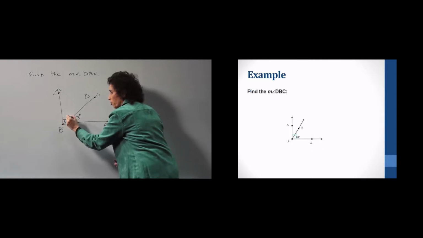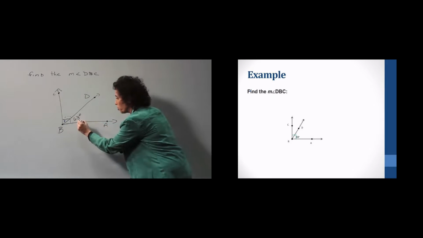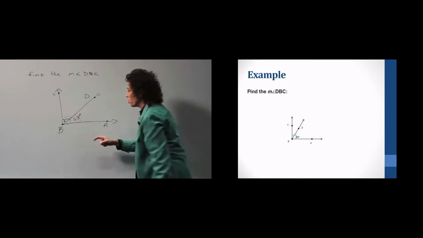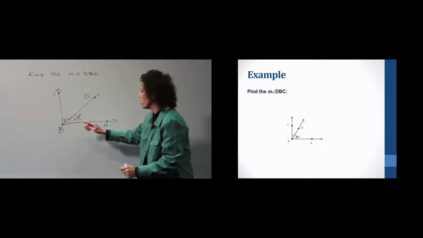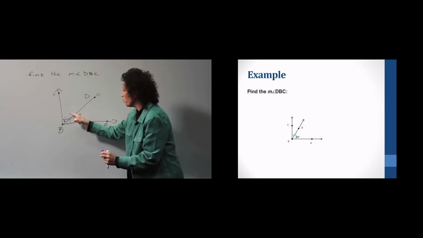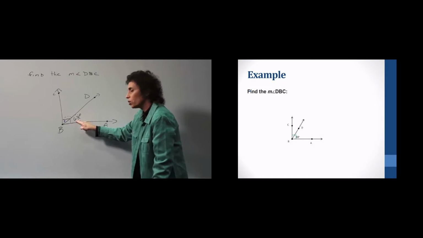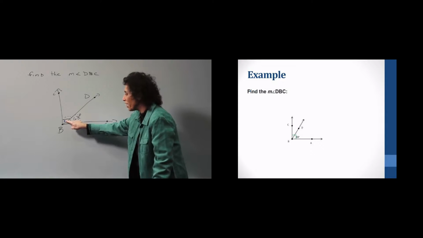Okay, it's this rotation. Now notice this says it's 63 degrees. So this rotation is 63 degrees. The entire rotation is 90. Okay, so the whole thing is 90. So this angle plus this angle is that 90 degrees. We already know this angle is 63 degrees. We want this angle right here.